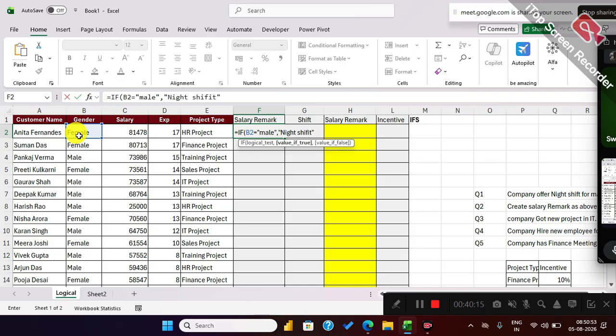Remember, you are writing the message, so it must be in double quotes. Instead of night shift, you are writing 5,000, 10,000. You can directly type a comma. Otherwise, you have to go for the day shift. But when you go for the day shift,